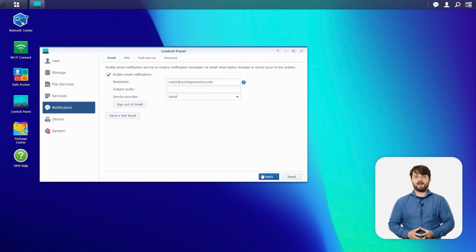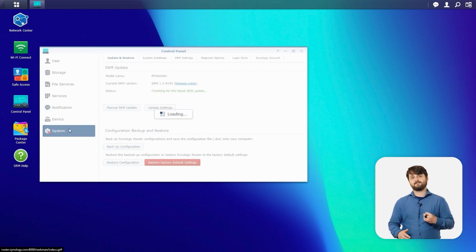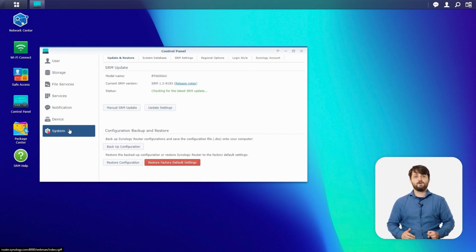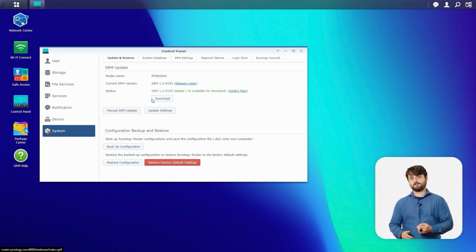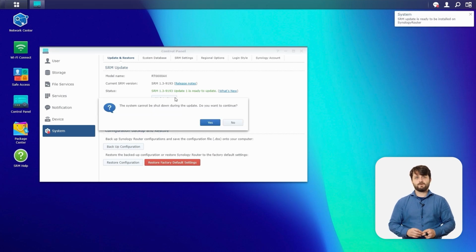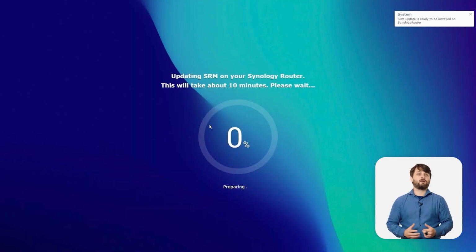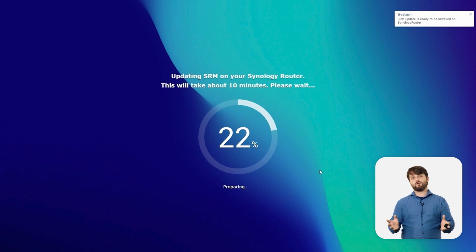Last but not least, we have the System tab right at the bottom. This is actually going to be where you can update the system. And you'll notice right now for us, we actually have an update pending that we can apply to our system. So we're going to go ahead and do that right here. Now that we have that update all applied, our system is up to date and we have enabled our notifications. So we can stay plugged in to our Synology router no matter what.